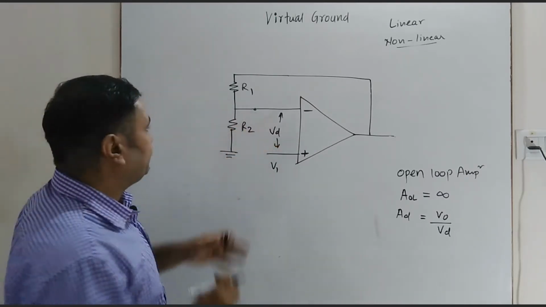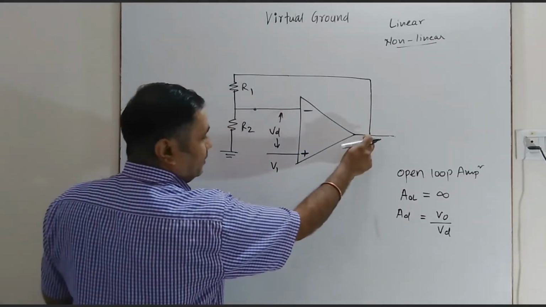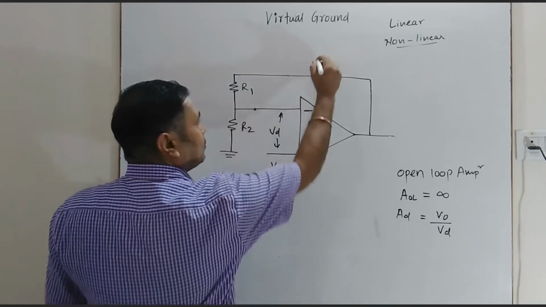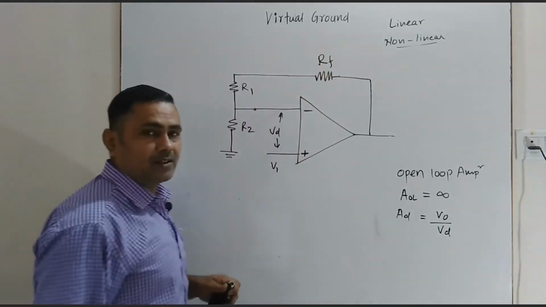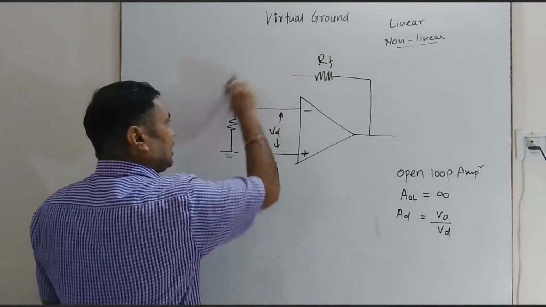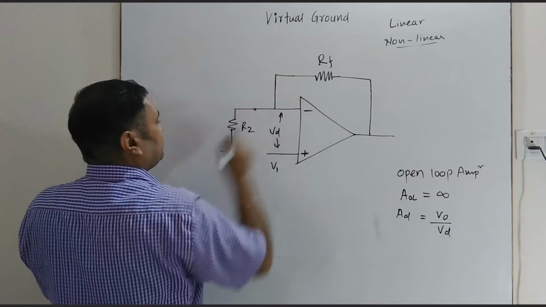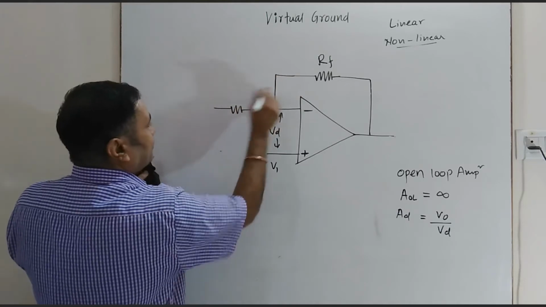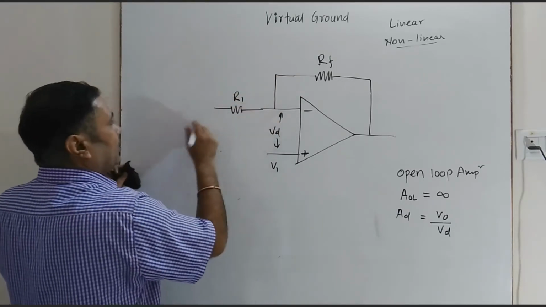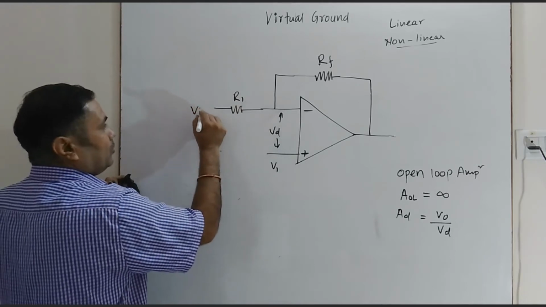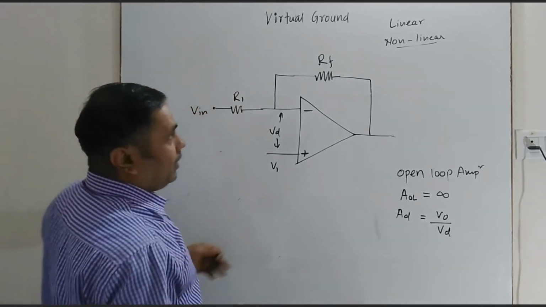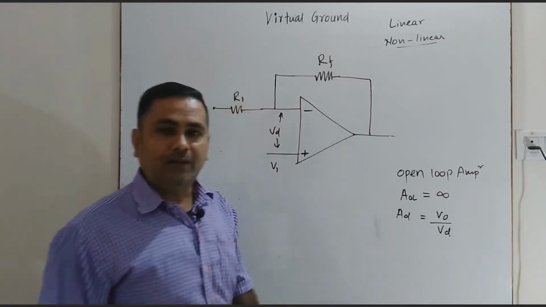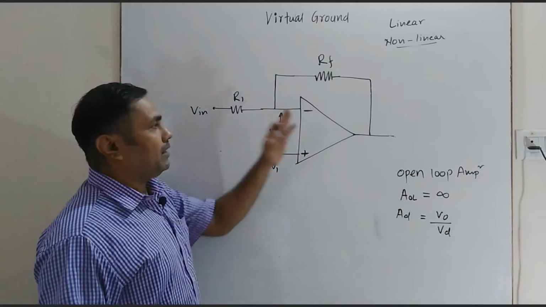We can redraw this circuit. The resistor connected between the inverting terminal and the output voltage is connected in the feedback path. So let us call this resistor the feedback resistor RF. The same terminals are there, so I am directly connecting like this. And this is your R2. In this case, I will call it R1 or RI, and suppose the input voltage is connected at this terminal. In linear application, we can use this amplifier as an inverting amplifier as well as a non-inverting amplifier. In this case, I am using this as an inverting amplifier.